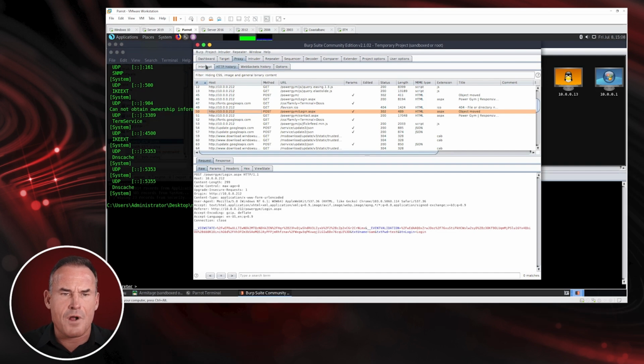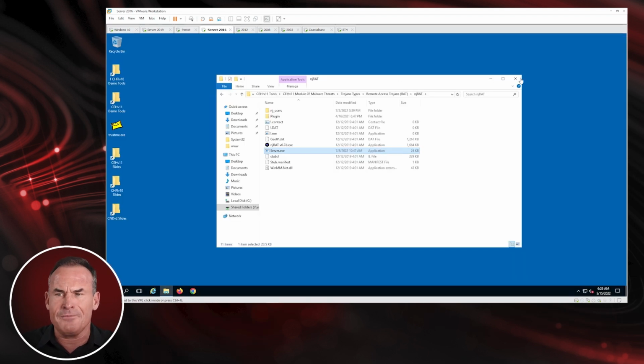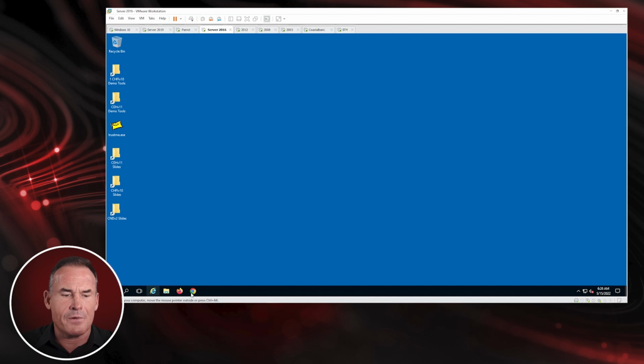All right, so I've already got my proxy set up. I'm going to go to intercept and turn it on. Now we're going to have the full proxy discussion in our session hijacking in our hacking web applications, but for now, I'm going to trap each request, and then on my Server 2016 machine, I'm going to request